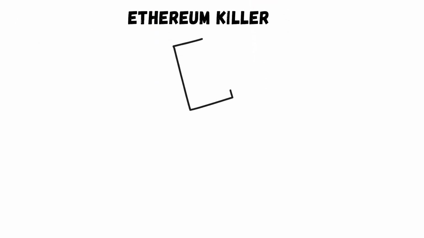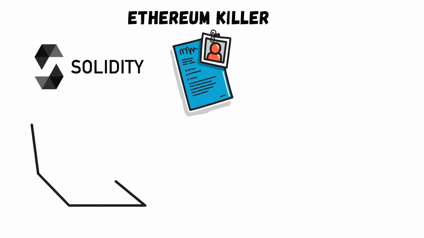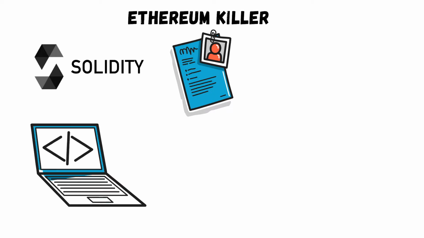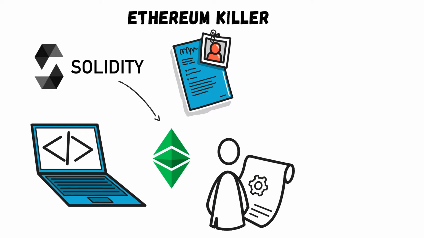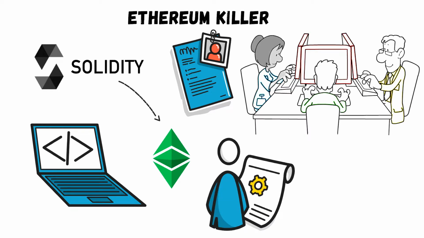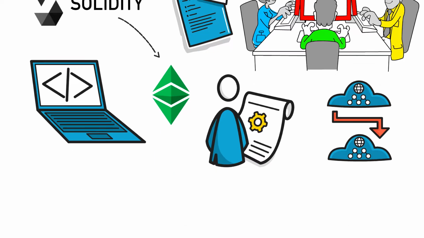Ethereum killer. Avalanche is compared to Ethereum because of its smart contract and the programming language. Avalanche uses Solidity, which is considered one of the highly used programming languages. Not only that, Solidity is the main programming language of Ethereum's network as well. The fact that it supports smart contracts and uses Solidity opens opportunities for many programmers who have worked on Ethereum's platform. This also makes it possible for programmers to build or bring dApps from Ethereum's platform to Avalanche.